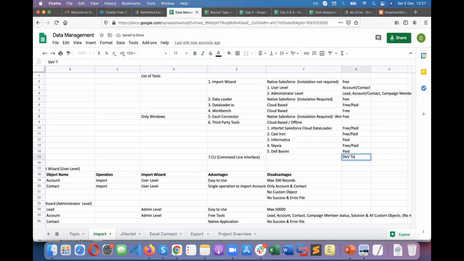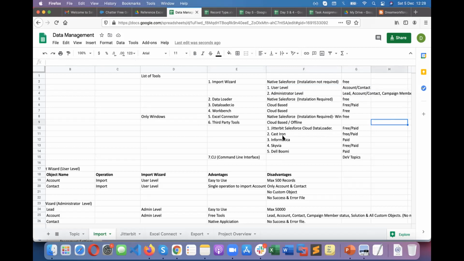I have a question, Sampath. You spoke about account and lead objects, right? So what about custom objects? Can we do it at the user level? Yeah, at the user level you cannot perform it on custom objects. You cannot load the data into custom objects as a user. But as an admin, yes, you can load the data into all custom objects. Okay, we'll go through that in detail.